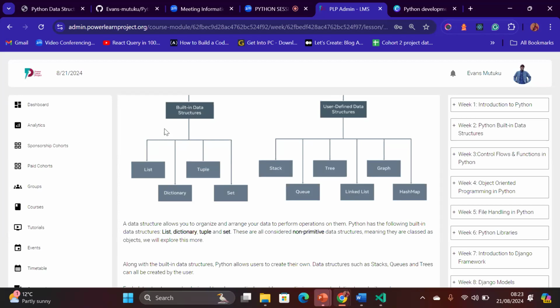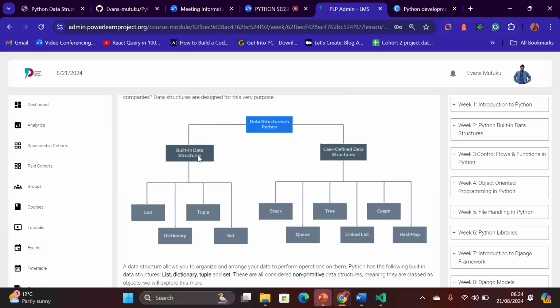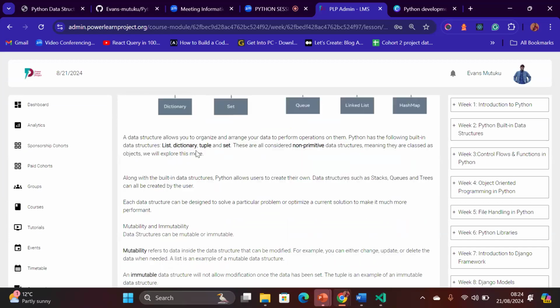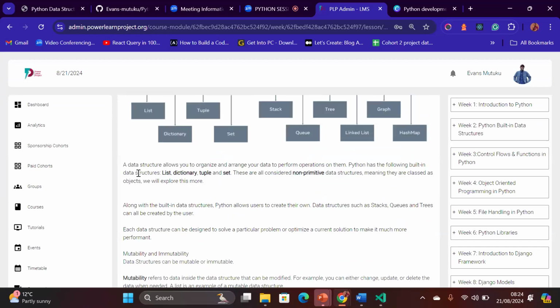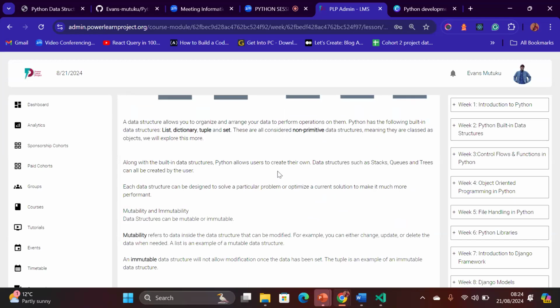So these ones have their own unique characteristics of this data. We are going to see examples and see the difference between built-in and user-defined data structures. For example, we can start with these built-in data structures. But before we start with that, let's read through this information and see if there's any information that we need